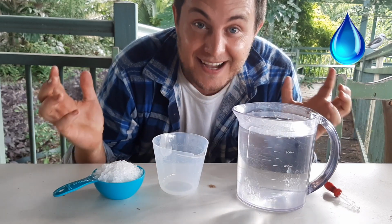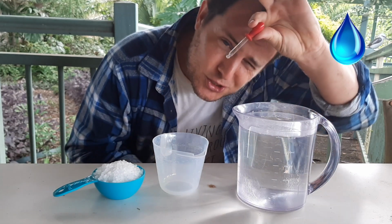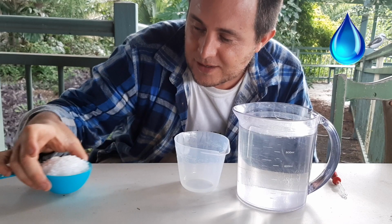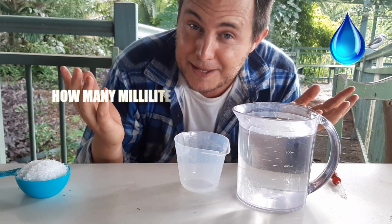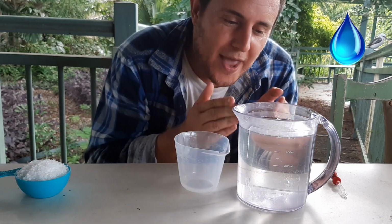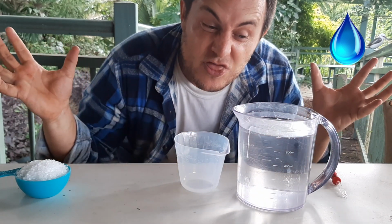Well, here we have a little demonstration. We've got 1 liter of water. We've got a little pipette that can squirt out 10 drops, a measuring cup, and some salt. So we have 1 liter of water. How many milliliters is in 1 liter? That's right, 1,000. We're going to pretend that this 1 liter of water has all the water in the world